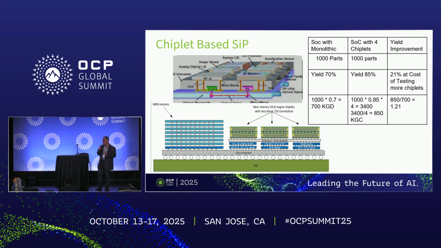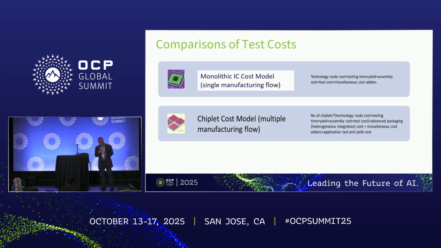The probability of getting them defect free is definitely less. So these all add to the cost. What used to be a monolithic IC, the equation was very simple. Now we have to have a chiplet cost model, where you have to have n number of dies. Every die has to go through a test flow, then packaging, and then assembly, right? So let's take a deeper dive into